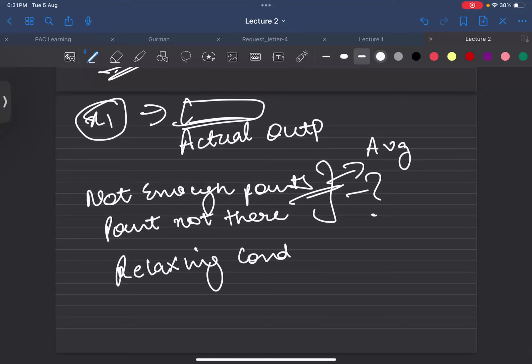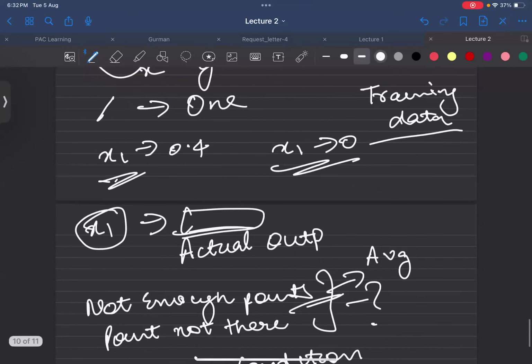Excuse me, ma'am. Yes. Ma'am, in this, from the training data, we are trying to see the relationship between X and Y, and through that we are trying to predict the value of Y in the testing data. Is it? While we are trying to find the relationship, why are we only considering the values of X and not Y? In testing data, we don't have Y actually. We are testing. That's our problem; we don't have the actual Y.